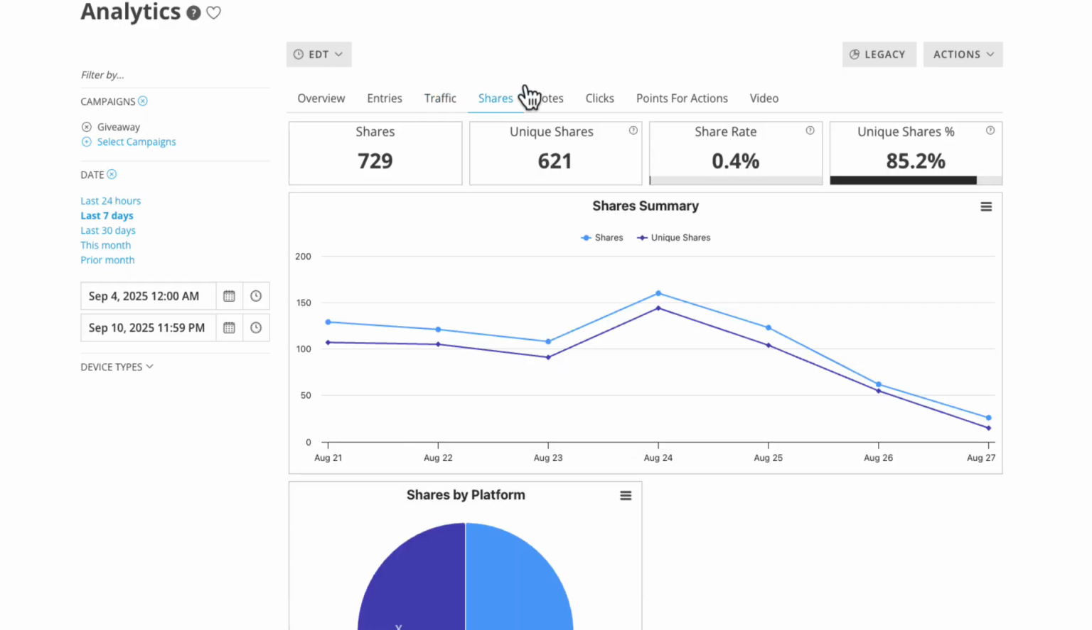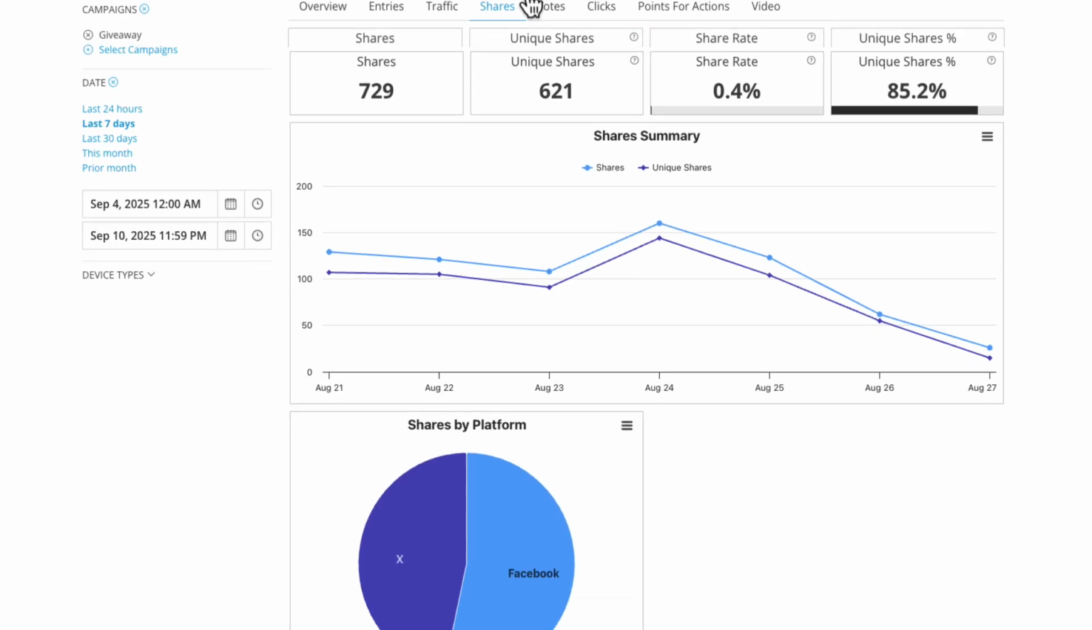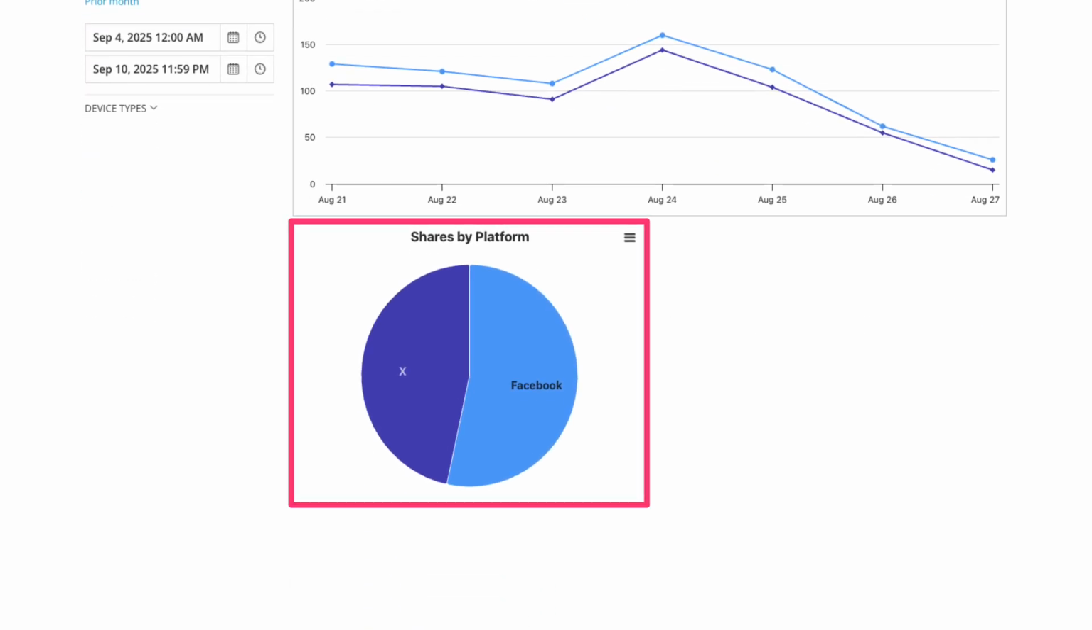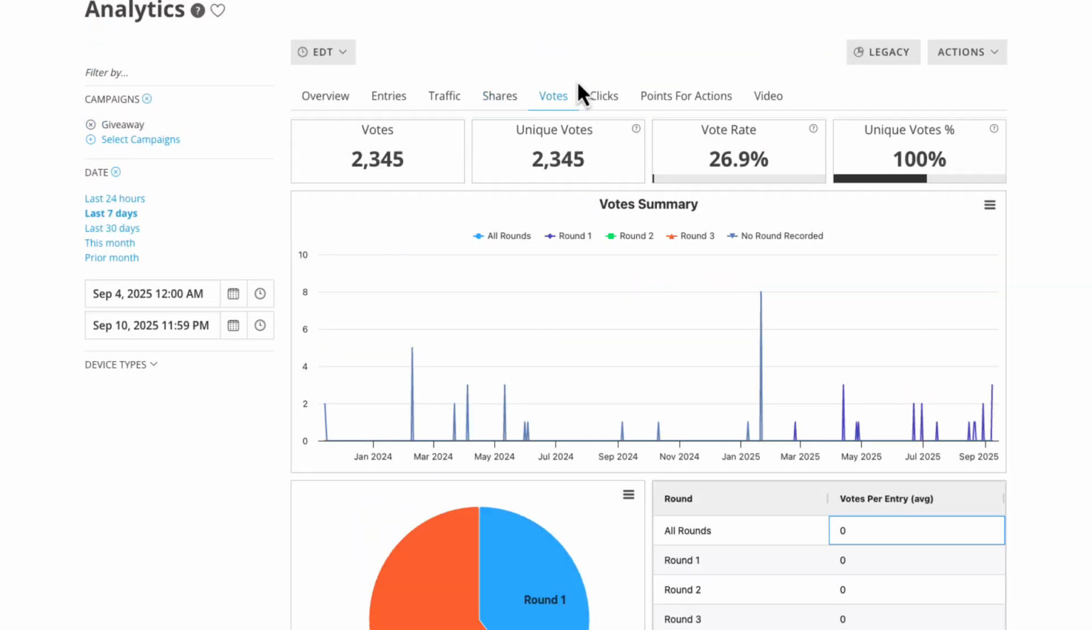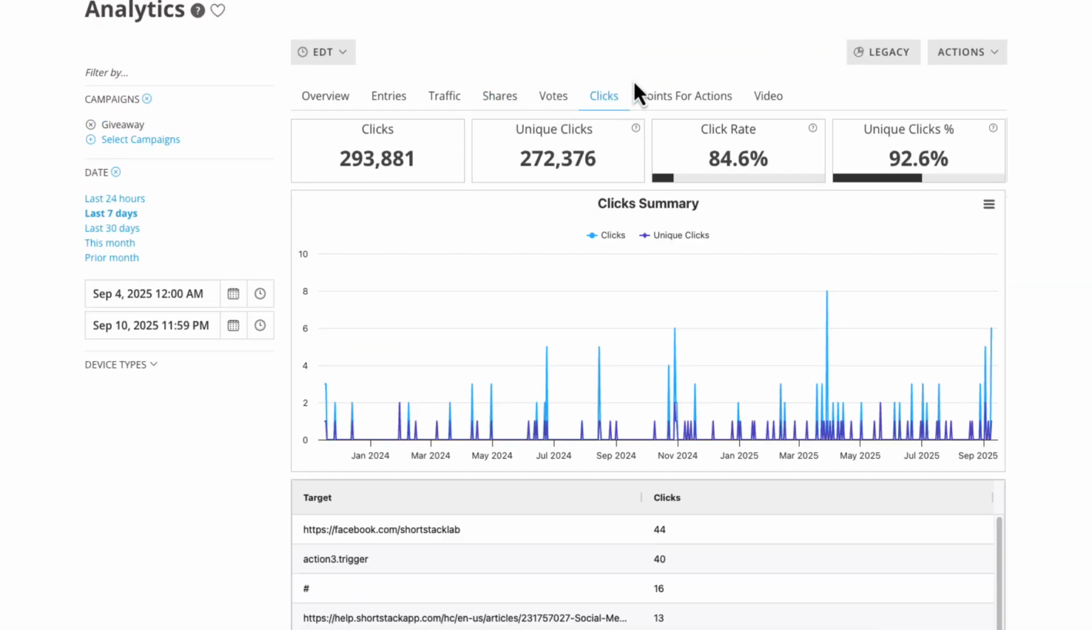Sharing is one of the most powerful ways to expand your reach, and this dashboard lets you track it all. See how many people are sharing your campaign, how many of those shares are unique, and which platforms are driving the most buzz. Understand visitor behavior by digging into engagement patterns through votes, clicks, video views, and even actions that